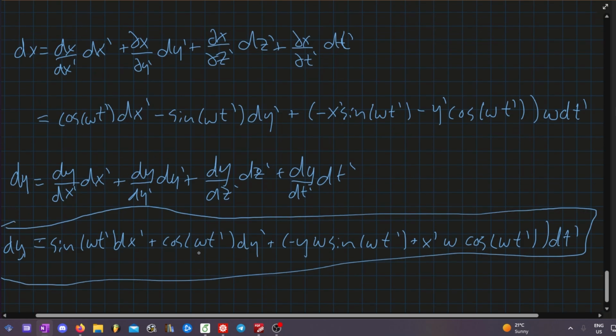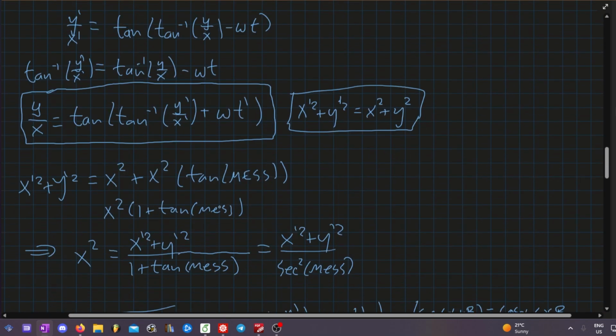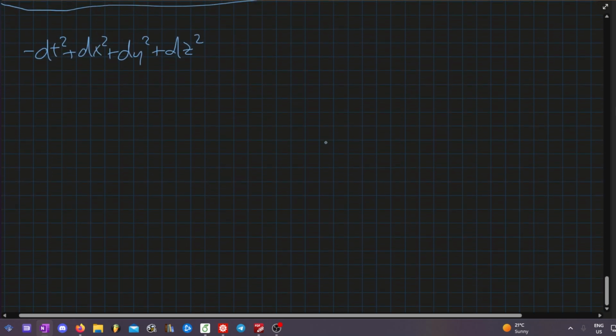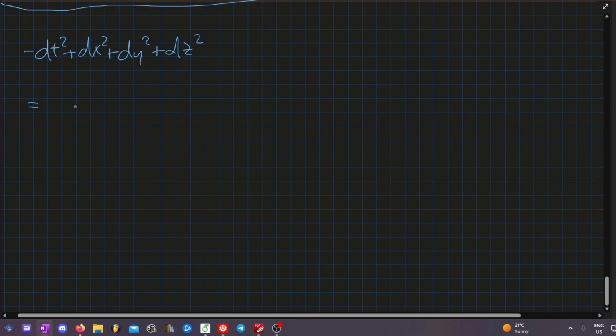And what we want to do now that we have our dx and dy, we're good because we already have our dz and dt trivially here. These relations are very simple. So with this, we just want to consider the combination that makes up our line element. So we want to consider minus dt squared plus dx squared plus dy squared plus dz squared. And you can do this by hand with the terms that you've calculated up here, squaring them and simplifying things. Instead, I just put this directly into Mathematica at this point because I'm too lazy to do this much algebra. But if you do it, it's going to come out to be